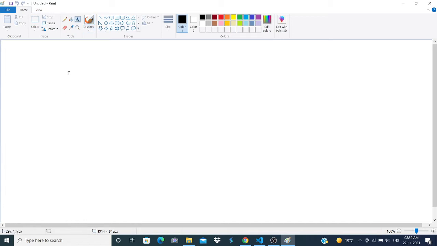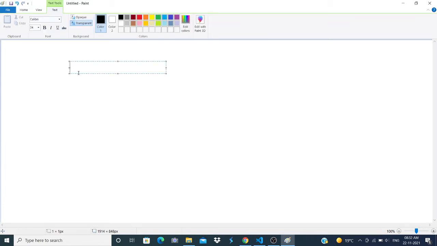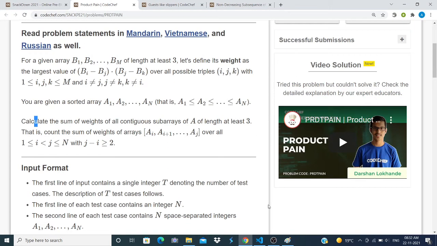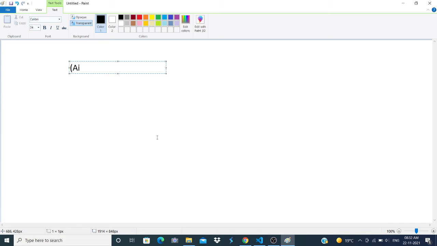So basically what we want to do is maximize (ai minus aj) into (aj minus ak). We want to find the maximum value of this, and sum it over all.